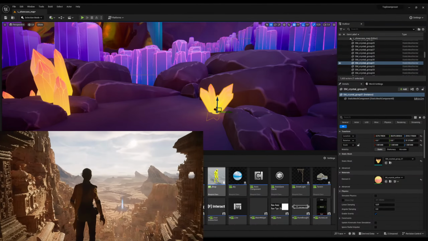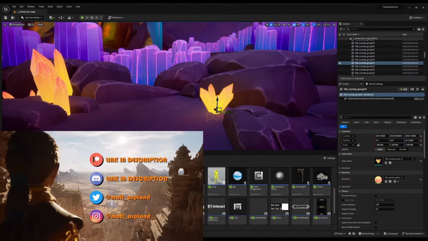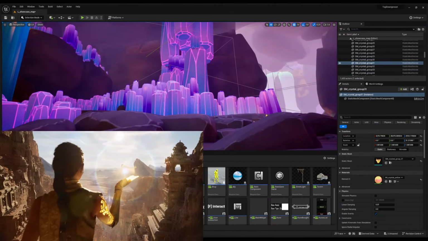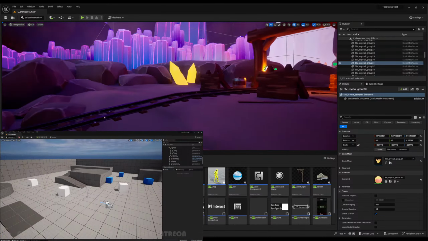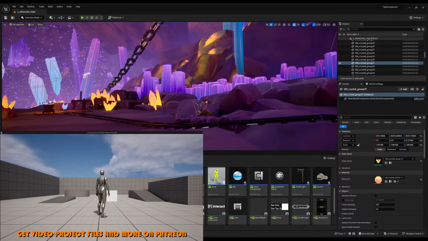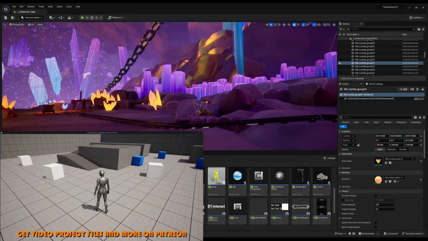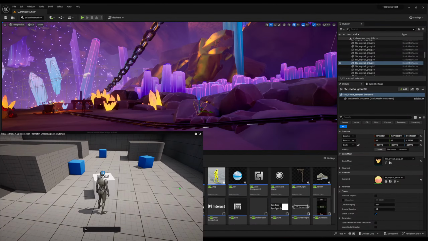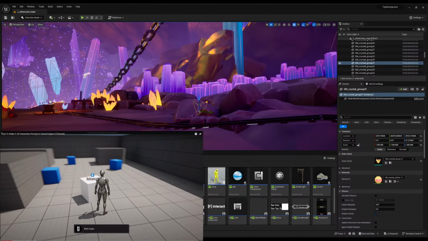and welcome back to another Unreal Engine 4 and 5 tutorial. So today's video, what we're going to be going over is how to create a 3D or an in-world interaction prompt for your games. So let me hit play and show you what we're going to make today. So as you can see, I have 3 cubes here that I can't actually interact with, but let's just pretend I can. If I were to walk up to them, you can see we